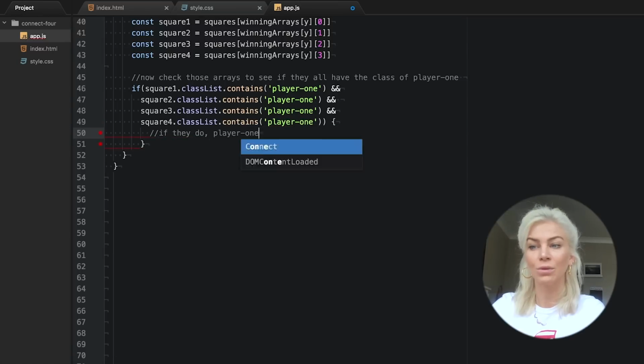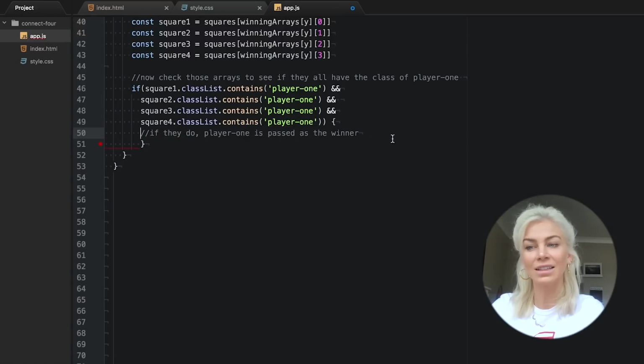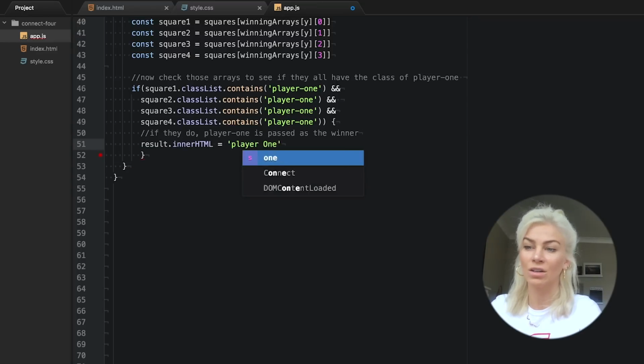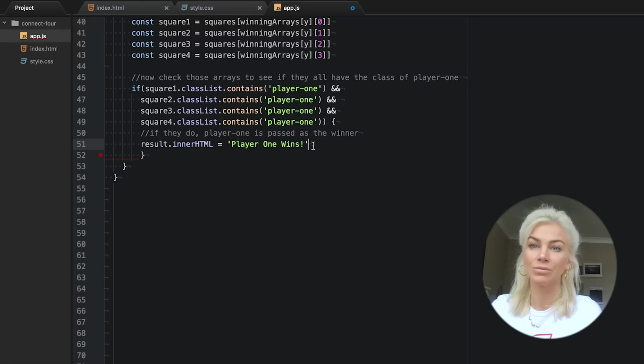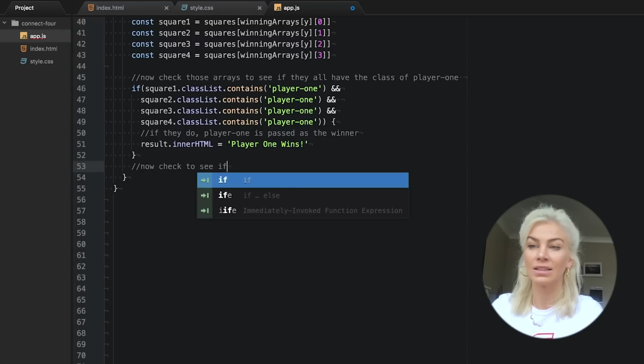If the answer is true, we want to display player 1 wins in the inner HTML of the span with ID result on our HTML page. Okay, do the same for player 2 like this.